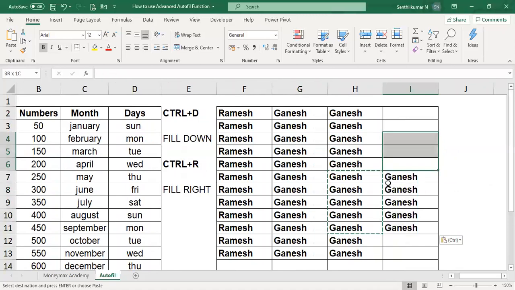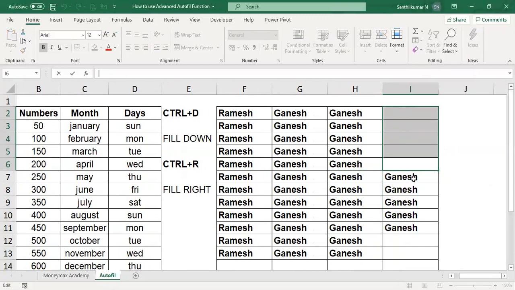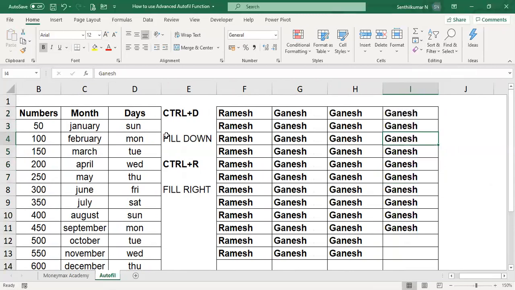You have to select up, fill up. Select one example, and then select the entire data, and you will get the data up. So you can use down, right, left, up by using autofill.